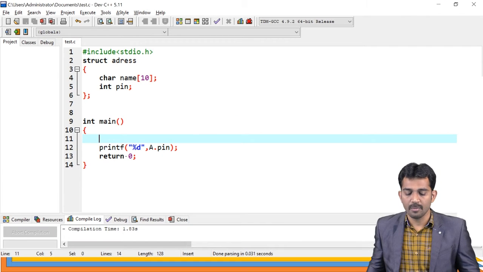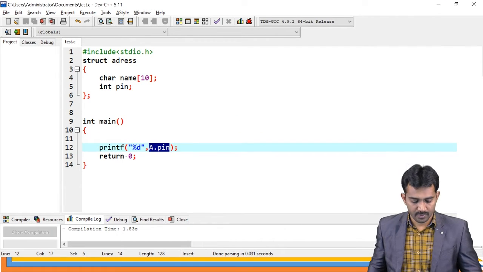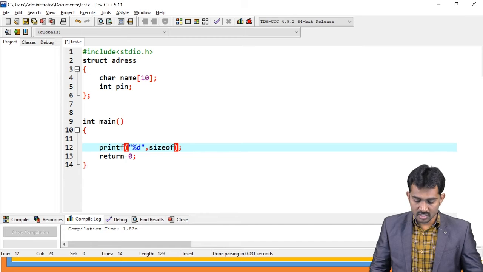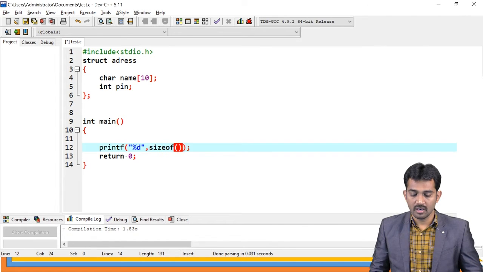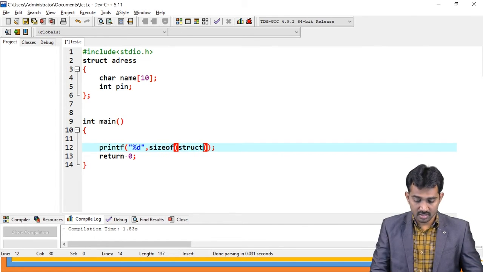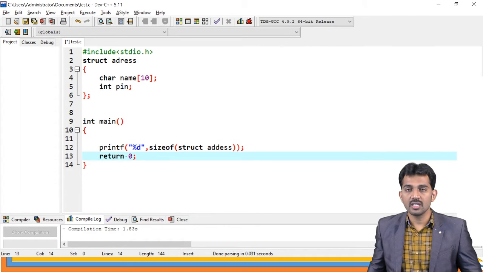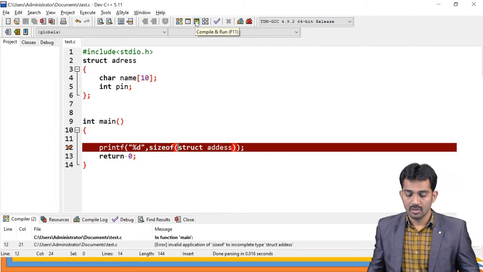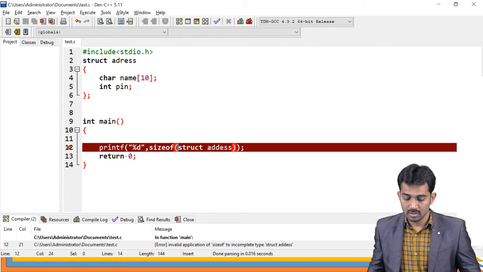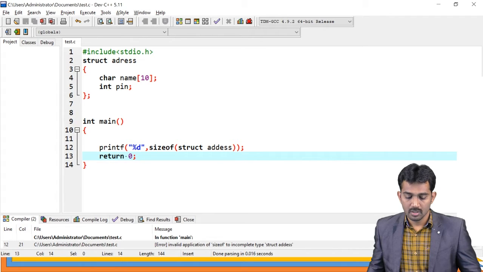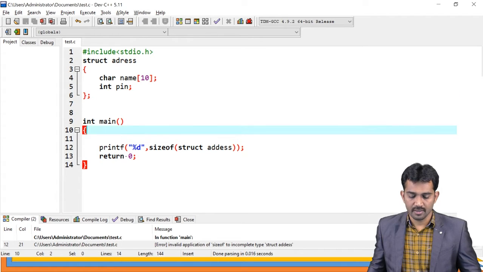If you consider this program, what is the size of struct address? Otherwise, just take one variable here.